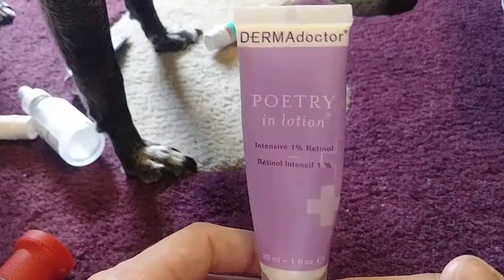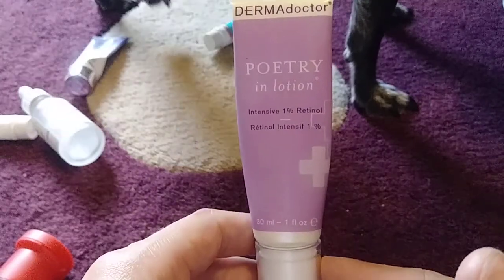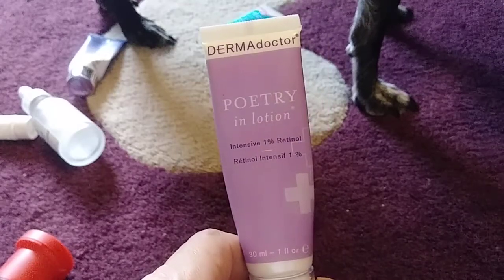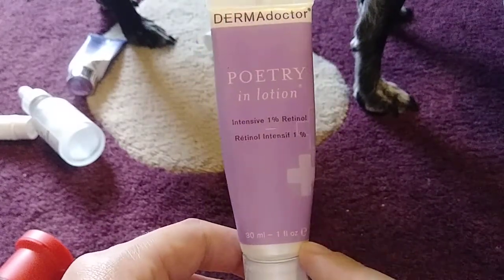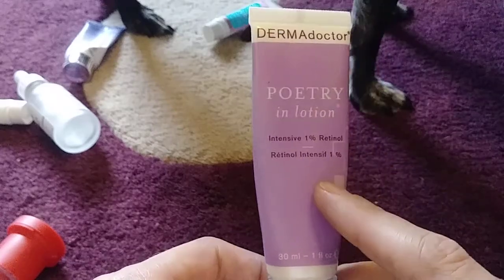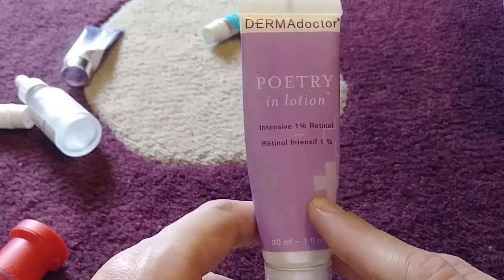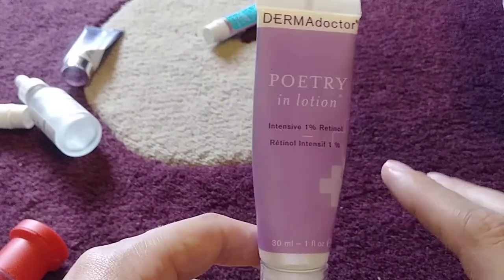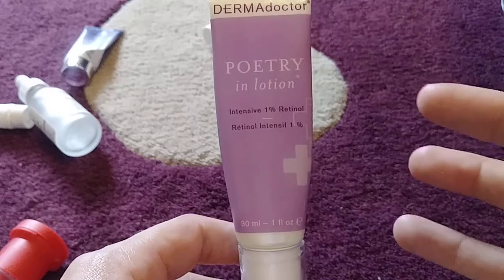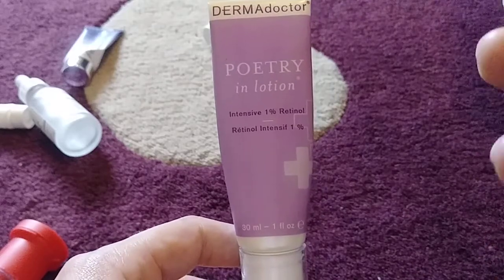This is a retinol product that I bought, I think, a year ago. It's from Derma Dr. It's the Poetry and Lotion Intensive 1% Retinol. I had been using retinol for probably a year when I bought this, so my skin was used to it, so I was okay with getting the 1%. I started using this last year. It might have been in the fall, but it was close to winter, and I remember using this in the winter. It just sucked all the moisture out of my skin, made my skin flaky, red, uncomfortable,